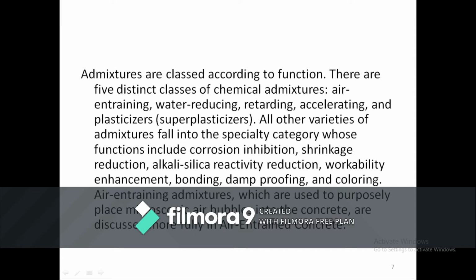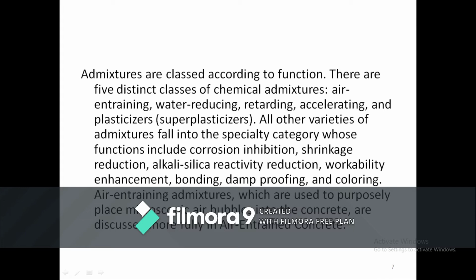So generally admixtures are classified based on function. There are 5 distinct classes of chemical admixtures: air entraining, water reducing, retarding, accelerating and plasticizers. All other varieties of admixtures fall into the special category whose functions include corrosion inhibition, shrinkage reduction, alkali silica reactivity reduction, workability enhancement, bonding, damping and coloring.